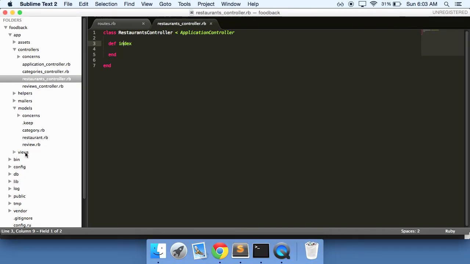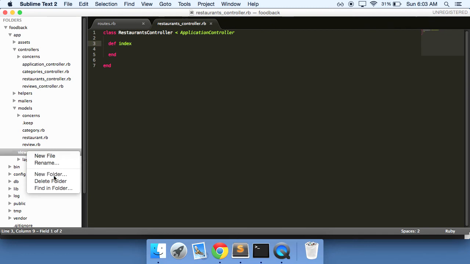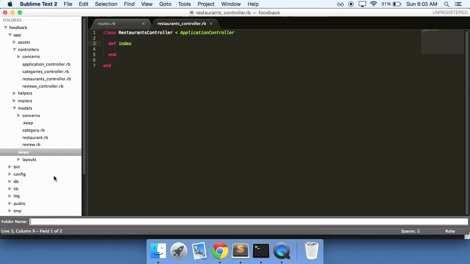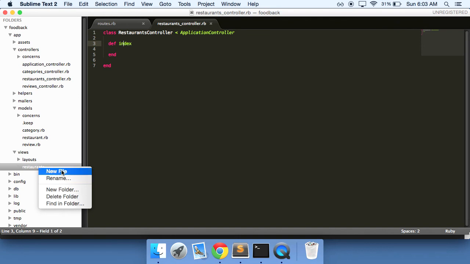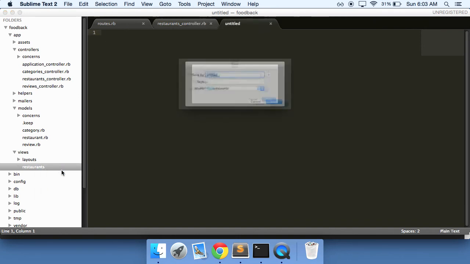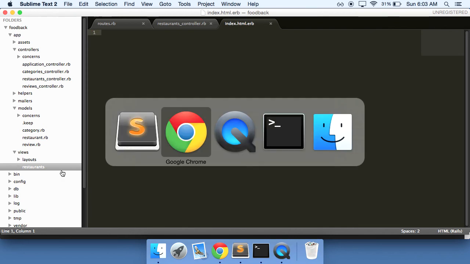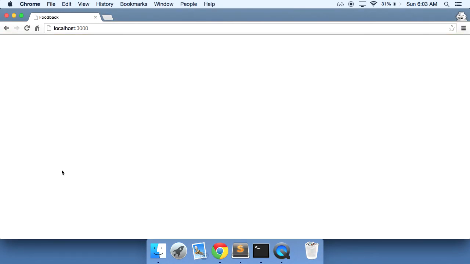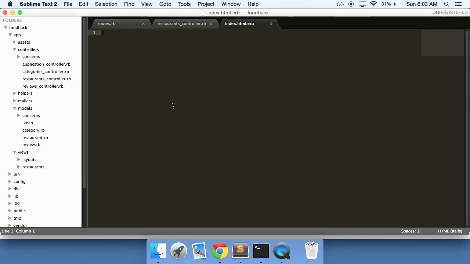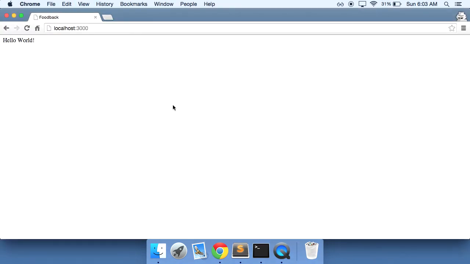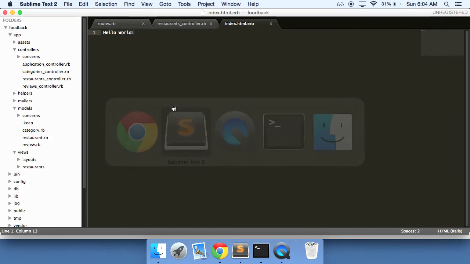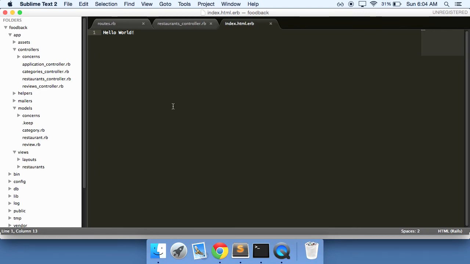So we can go into our views here, and I like separating all of the views by their model. So we'll say restaurant and a new file, just call it index.html.erb. Now if we do refresh, we'll get the page of this index ERB file. We can test that by saying hello world. There. So we changed our home page, we added our controllers and our relations, added some views here,